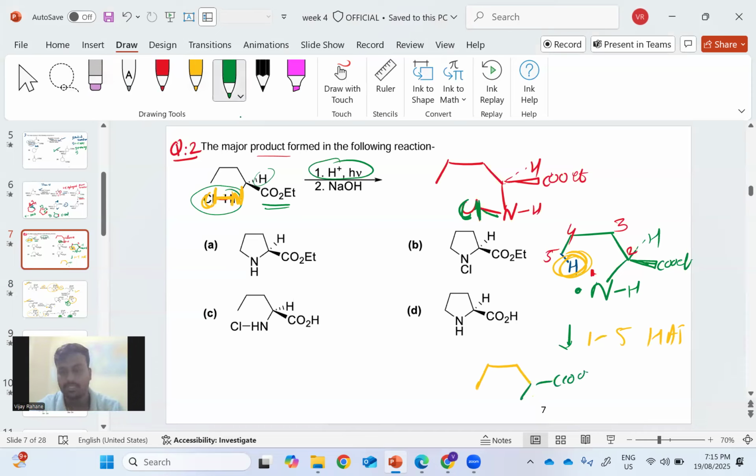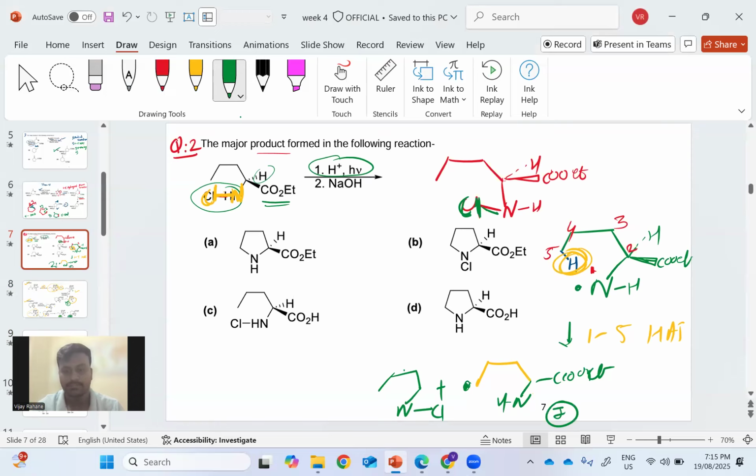So this COOEt, and this is the nitrogen. Now the hydrogen is transferred and the radical is on this position. Once this forms, it will react with another molecule of the starting material, which is a propagation step. So a catalytic amount of this radical propagates throughout the starting material. You can see this was the starting material which has the NCl bond again. This NCl bond and this intermediate that I have shown earlier react to give the chloride species. So this chloro